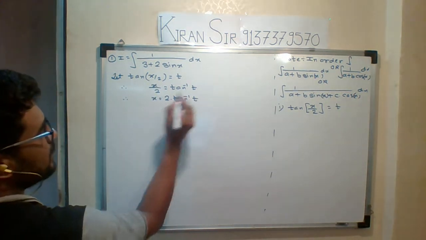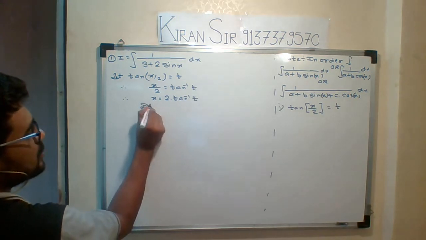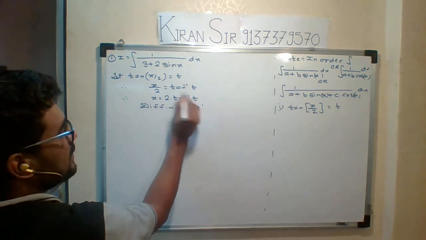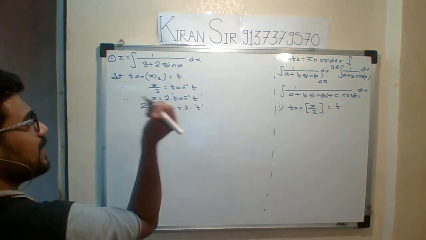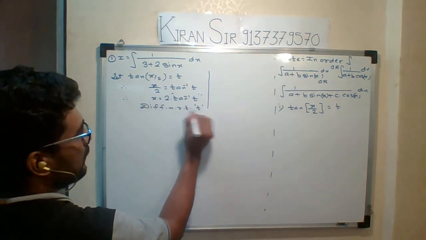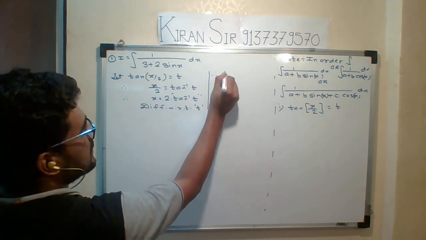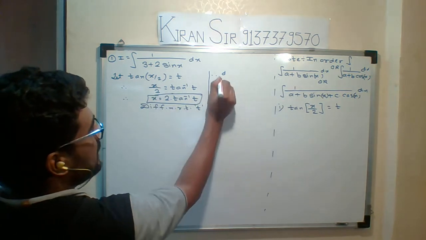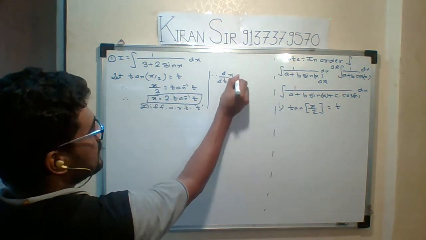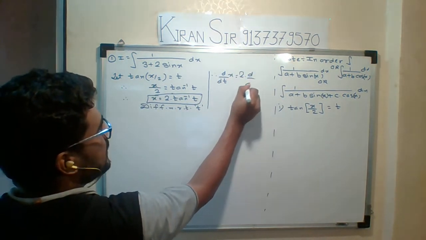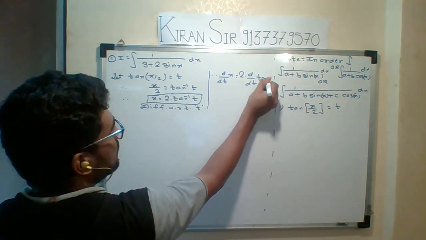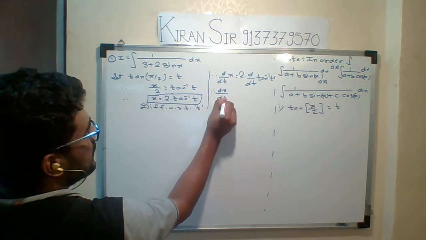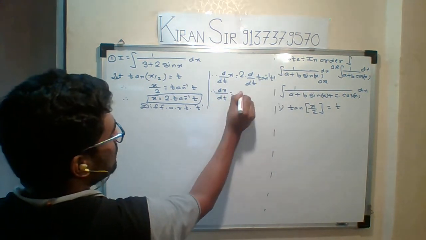I will differentiate with respect to t. So if I differentiate with respect to t, not x, because here t is a function. If I did it with x it would also come the same, don't worry, you have to apply the composite rule. But if I differentiate with respect to t, you will understand. See, what is the left hand side? x. So d by dt of x equals, 2 is constant, d by dt of tan inverse of t. Okay. So students, dx upon dt equals to